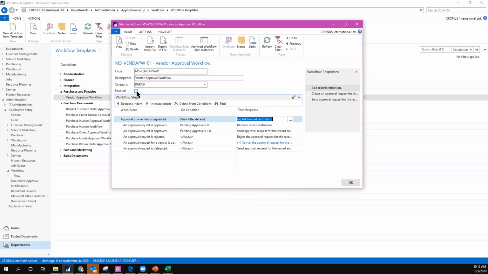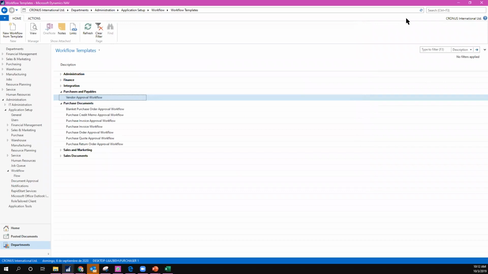So the vendor then will be ready for me to create the purchase orders. In this case, what I'm just going to do is reject the vendor and show the example to finalize the session for today. The next thing after my explanation, I have a workflow group of approvers to check my vendors. You need to enable this workflow, and immediately the purchaser is going to be able to create any vendor,